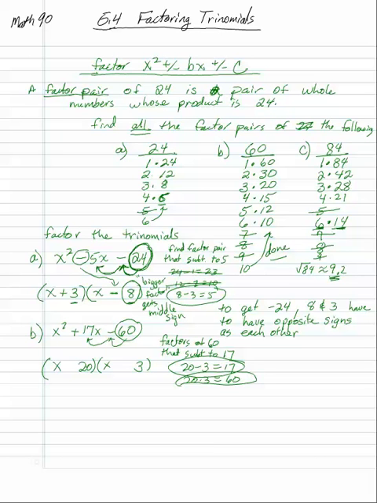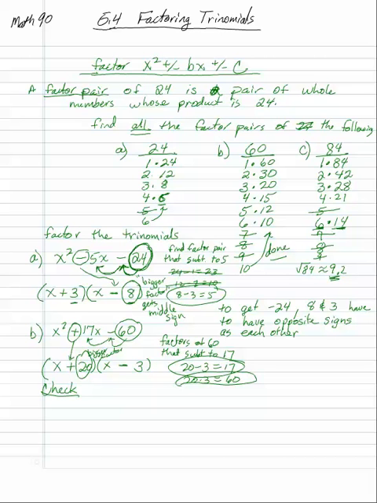But what matters is the bigger factor gets this middle sign, so this is the bigger one. It gets the middle sign, so that's a plus. And then to get a negative 60, I need one positive, one negative. So if the bigger one's positive, the other one has to be negative. And look, if you check it,